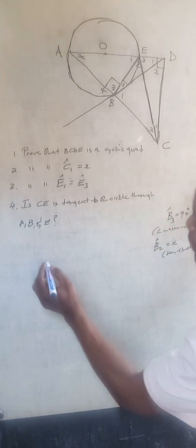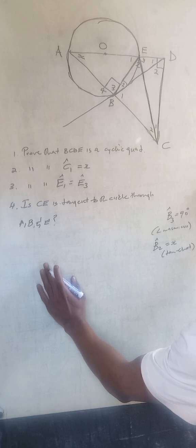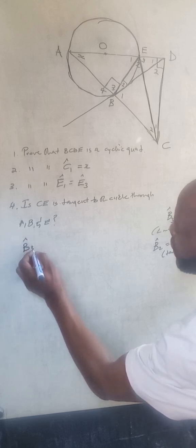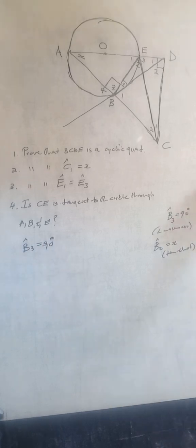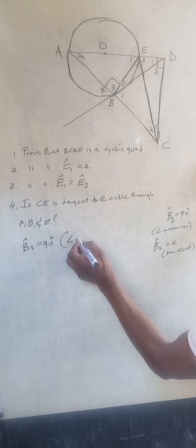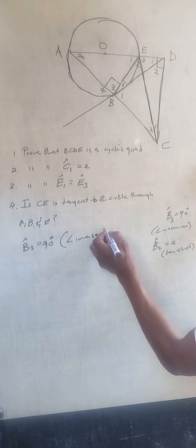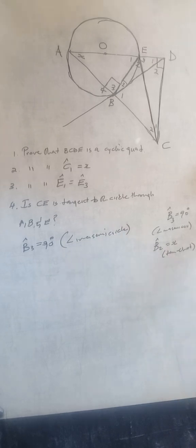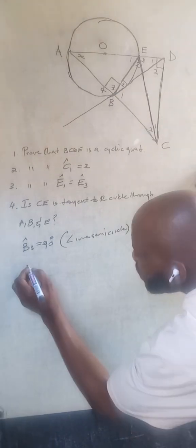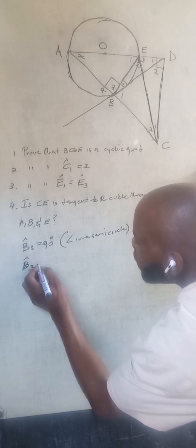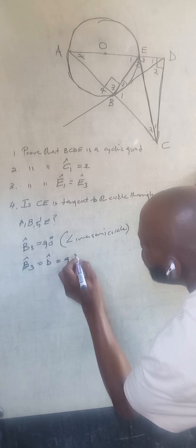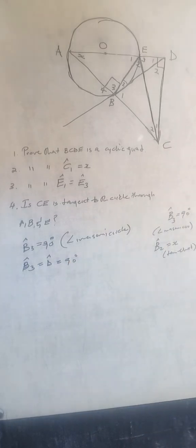So we'll have to come by step. For starters, angle B3 is equal to 90 degrees. The reason we had already given here: angle in a semicircle. And if B3 is equal to 90 degrees, therefore B3 is equal to angle D. They are both equal to 90 degrees, right? And with this we know that